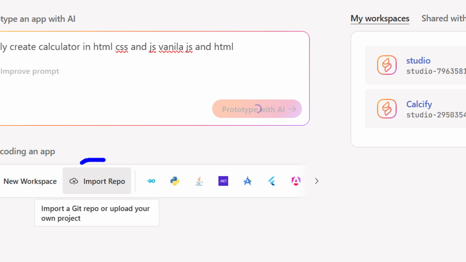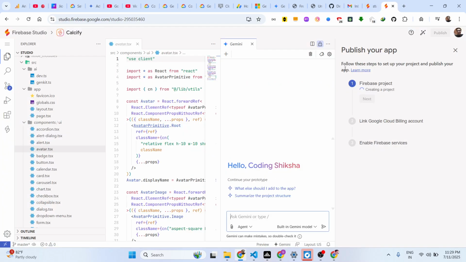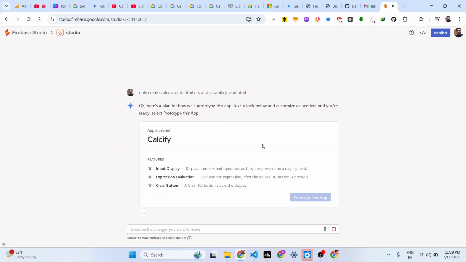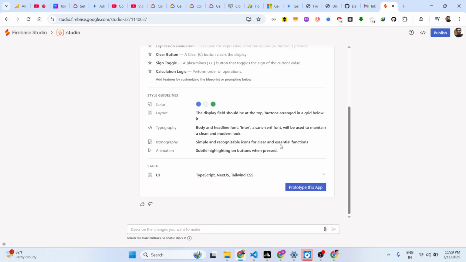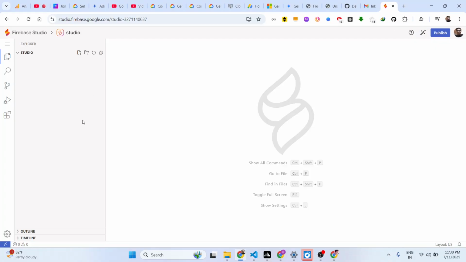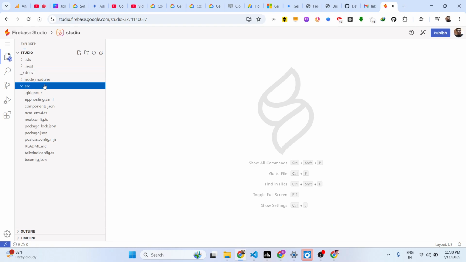You can even import a GitHub repo as well, or upload your own project by clicking that button. So definitely check this out. You'll see that you click to switch to code, and then it will automatically generate the source code files here. If you see that,